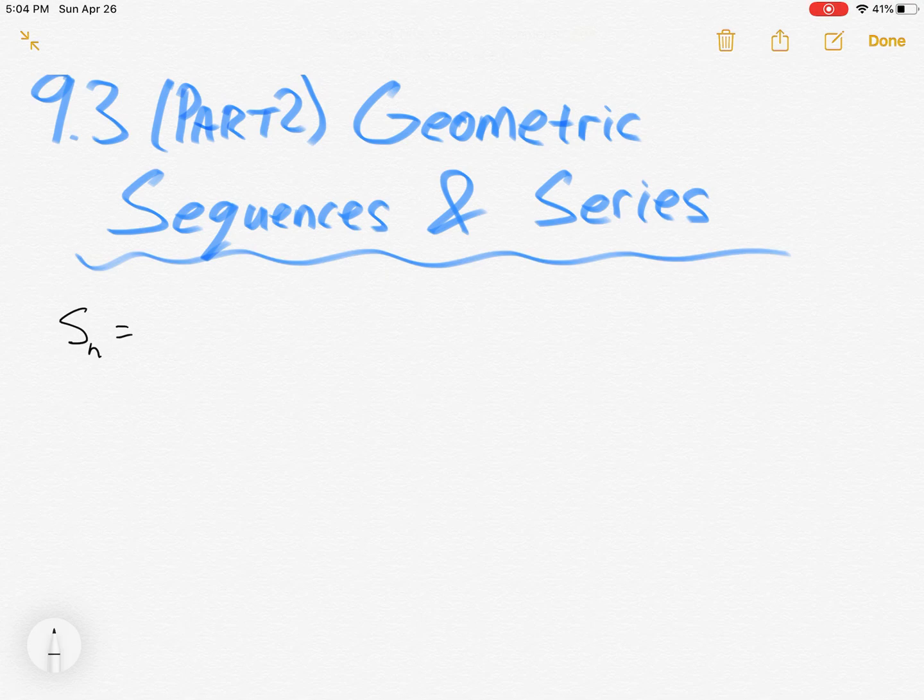Welcome back to Precalculus. For our final video of 9.3, we're going to look at the sum of geometric sequences, or a geometric series. So let's explore this case. What if we're going to add